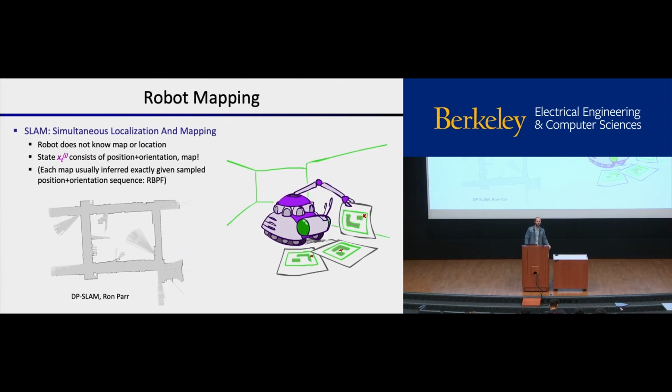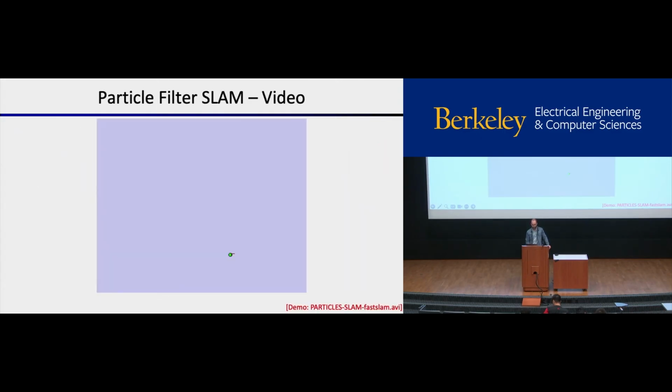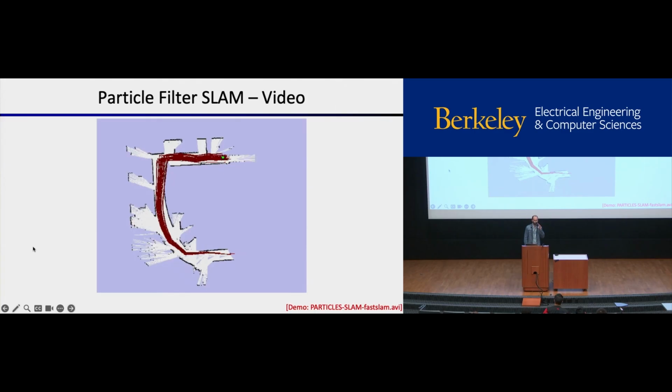But at least for the position and orientation, particle filtering really is what's going on here. The transition probabilities will say, given that this was your position and orientation, given that we took a certain action, what's the probability distribution over transitioning to a different state in the future, a different position and orientation. And here is a video of this. And this is the last thing I have for today.